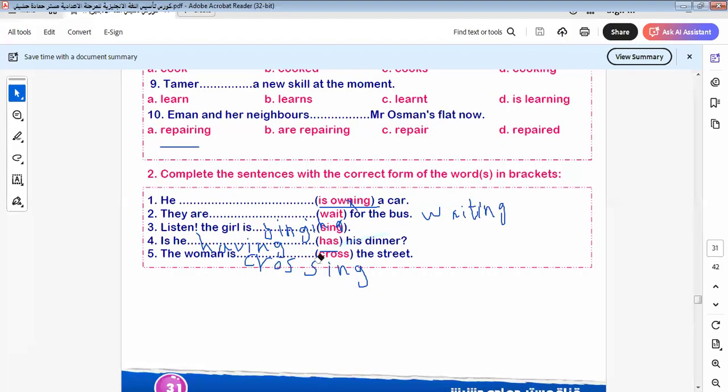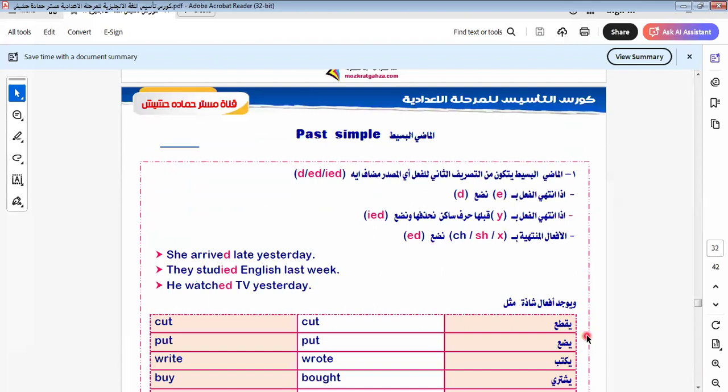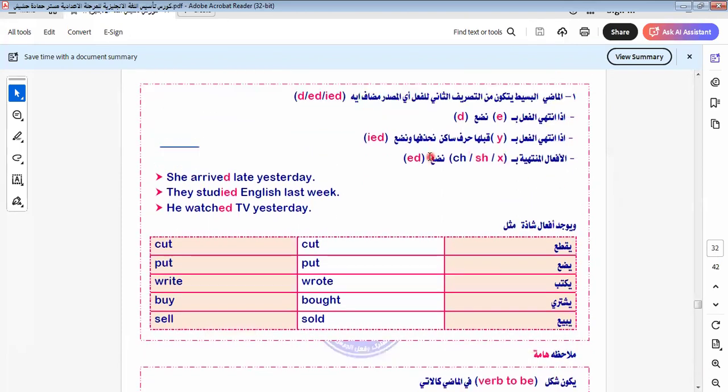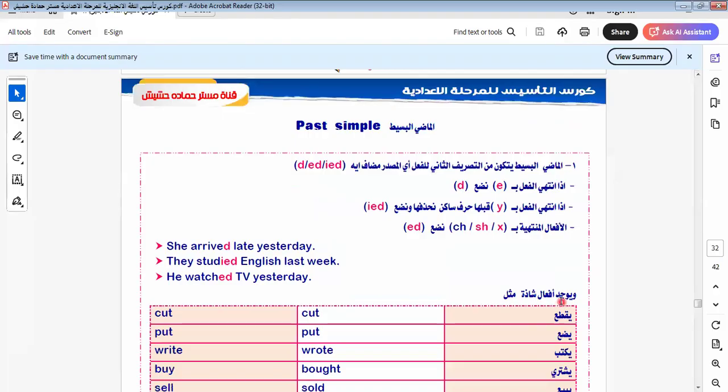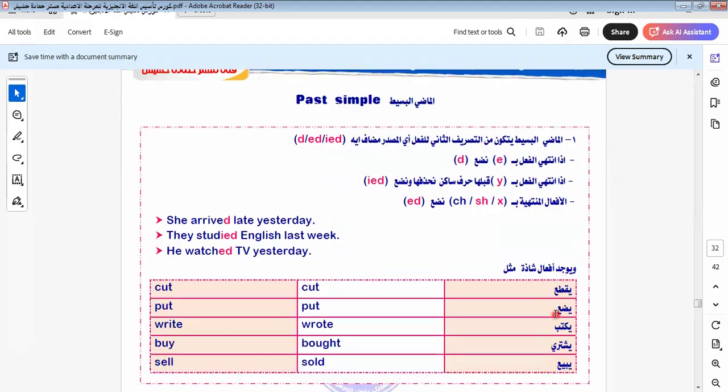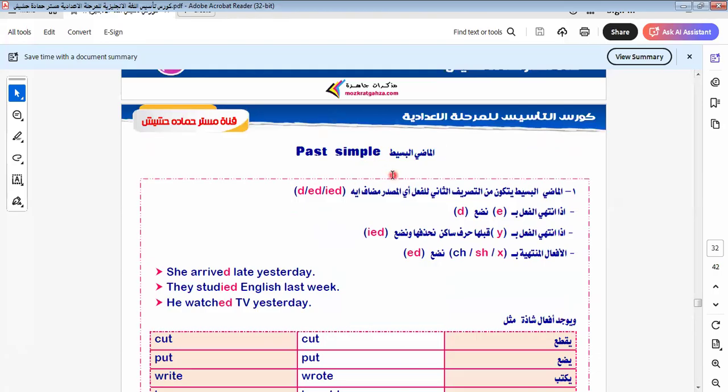Let's continue the rest of the tenses here in this unit. Here we talk about the past simple tense. When we talk about the past simple tense, I talk about an action that happened and ended in the past. We use this tense when we narrate something to others, okay? When we narrate a story, narrate a situation that happened in the past, or narrate something that happened and ended, all these are the cases of this tense.